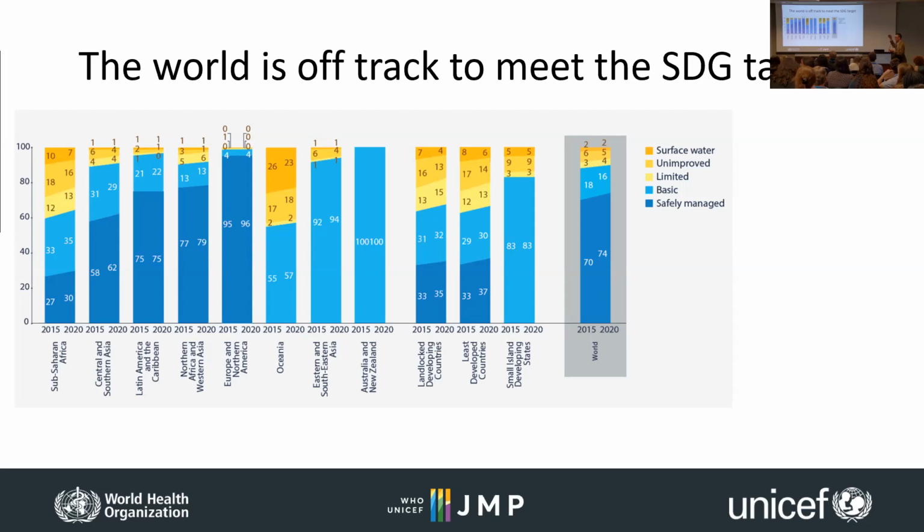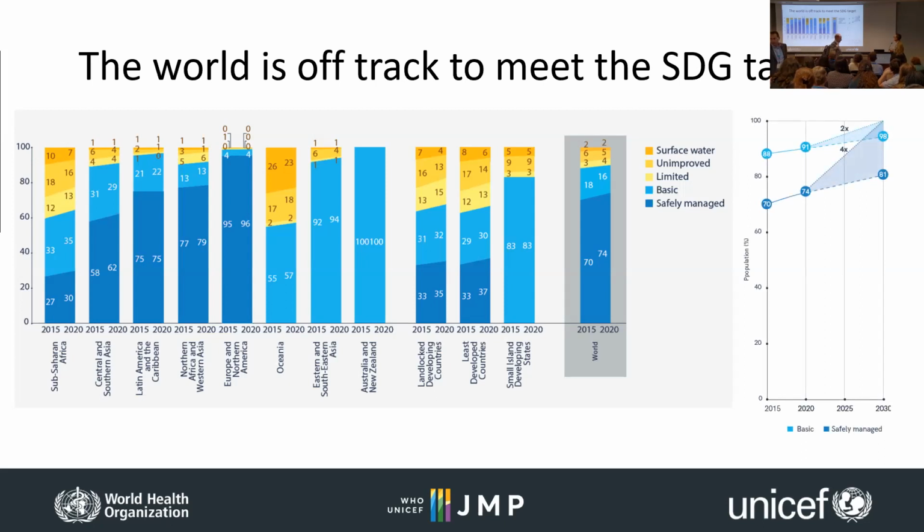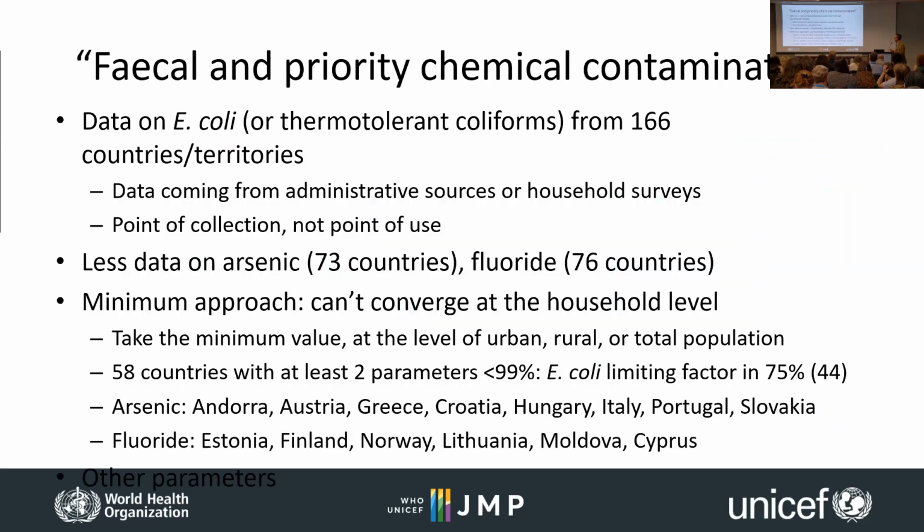Even at the global scale, where the picture's a bit better, going from 70% to 74%, this is about 1 percentage point per year, which obviously is not going to get you to 100%. In fact, we predicted that if current rates of progress continued, and this was all pre-COVID, so who knows what that means, but if historical rates continued, the world would only reach 81% safely managed services by 2030. It wouldn't even reach universal basic, that's in the light blue, by 2030. And to get to 100%, progress in basic WASH would need to double, and progress in safely managed services would need to quadruple. So big challenges ahead there.